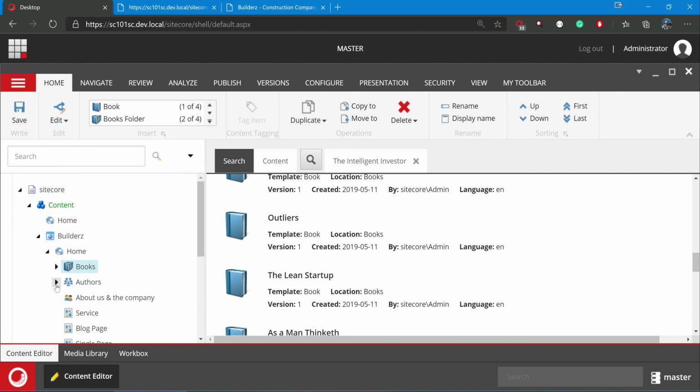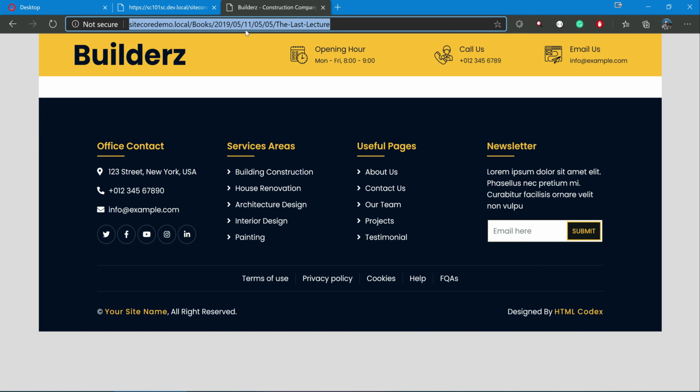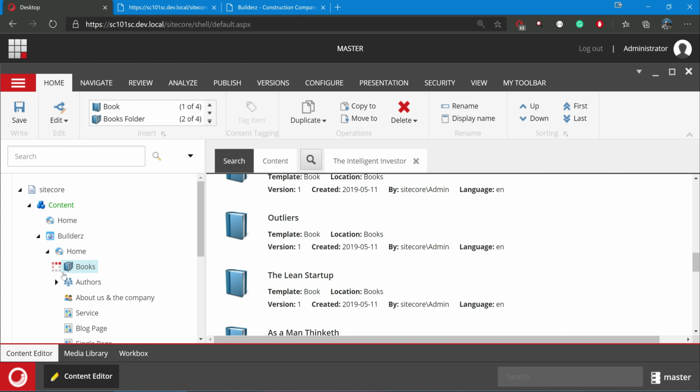In the next video, we will discuss whether this URL looks SEO friendly, because it has a lot of numbers in place, but ideally I need books and last lecture. We'll see how we can change the URL, keeping everything else the same and keeping the bucket structure the same, just updating the item URL as well as the item resolver. That requires some configurations as well, pipelines and processors. So that can show us how we can patch configurations with examples.